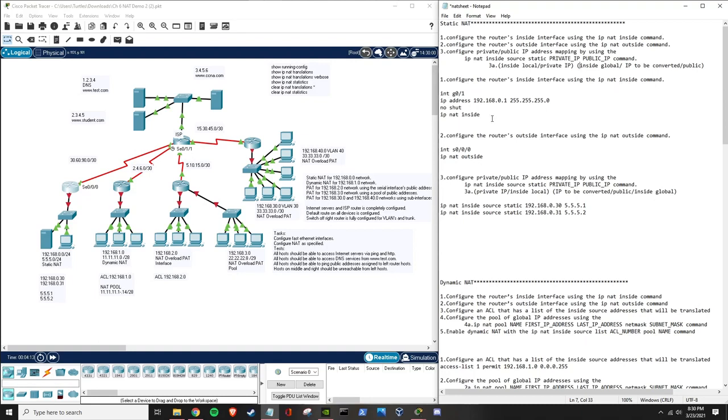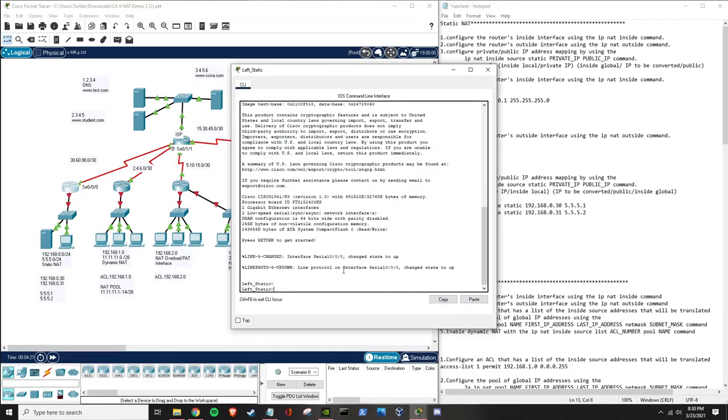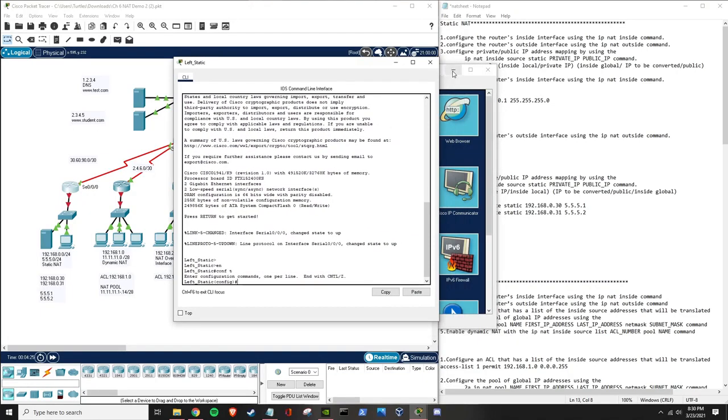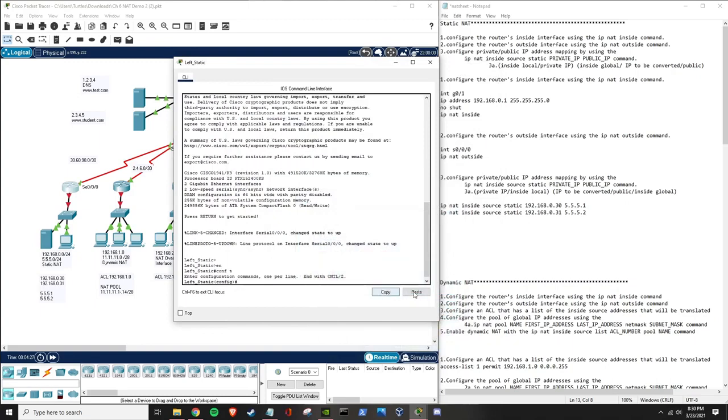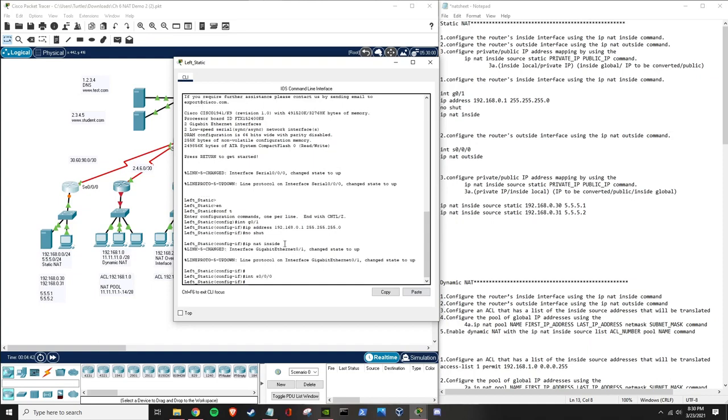We'll also have to put an IP on this. So interface G0/0, we're going to give it a .1, the default gateway for this PC here as well. So we went into the interface, gave it an IP, /24 mask, did a no shut to bring it up, and an ip nat inside. Now we just need to go to the S0/0/0, the link that's facing towards the ISP,